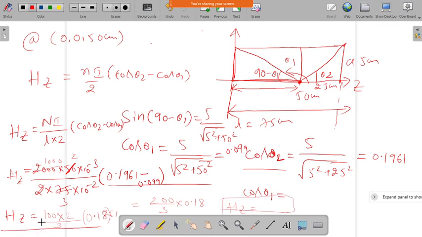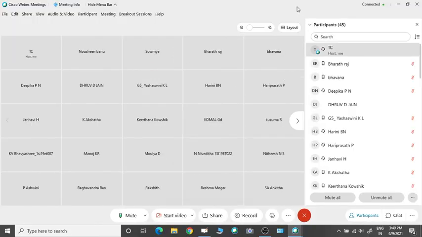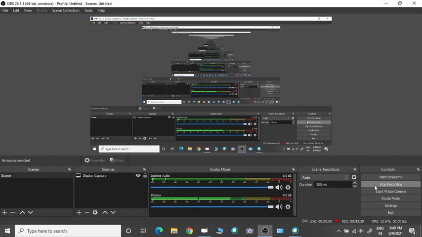So that is the magnetic field component at the point 50 centimeter from the z axis. So this is the problem about the solenoid. Okay, so we'll stop here and we will continue the Ampere